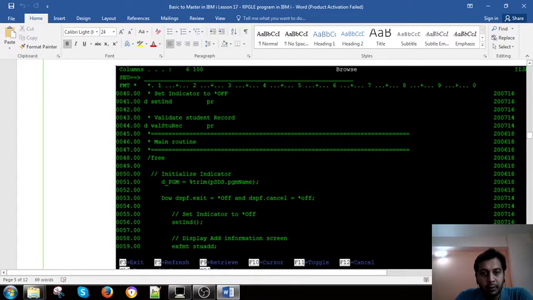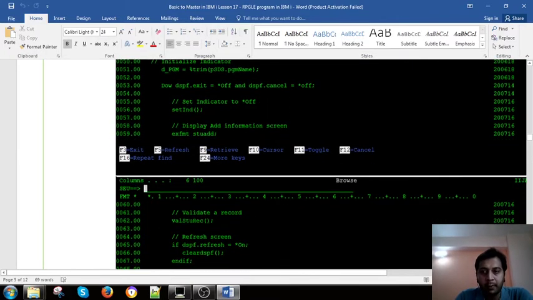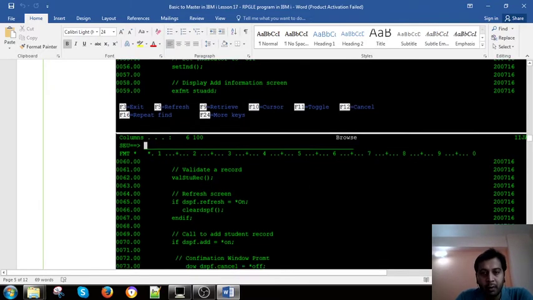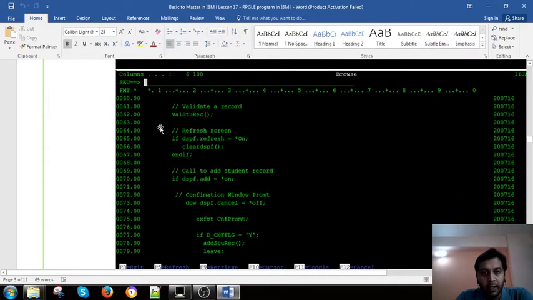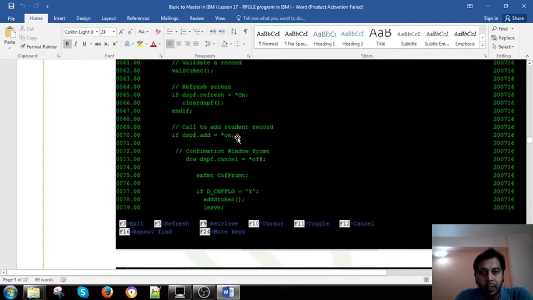This is the logic of how it works when you call this program. You will see that screen and some validation, with the message ID and all. This is the validation of a record. This is the F5 refresh option, which will clear the display file fields. And this is the call to add student.